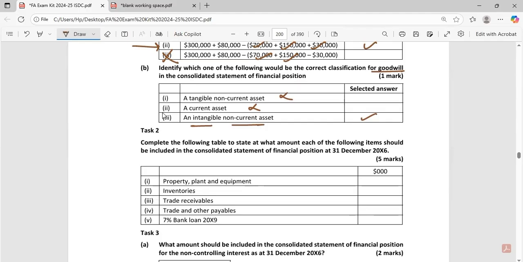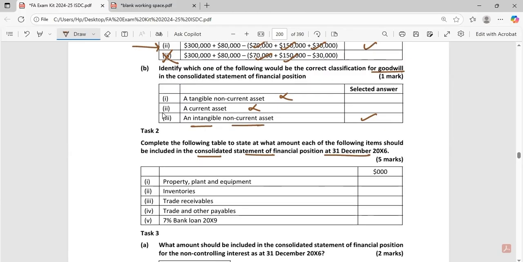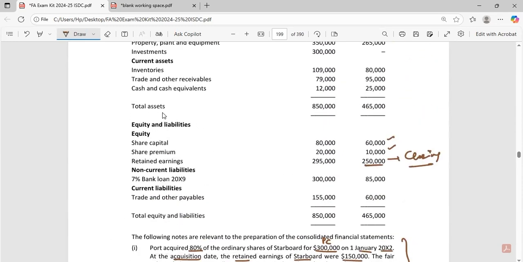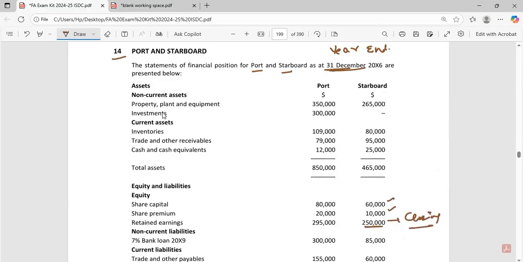Now complete the following table to state at what amount each of the following items should be included in the consolidated statement of financial position. Fine. Now we have to tell at what amount we are going to record our PPE. So this would be the property, plant and equipment of the parent company plus the property, plant and equipment of the subsidiary company, and